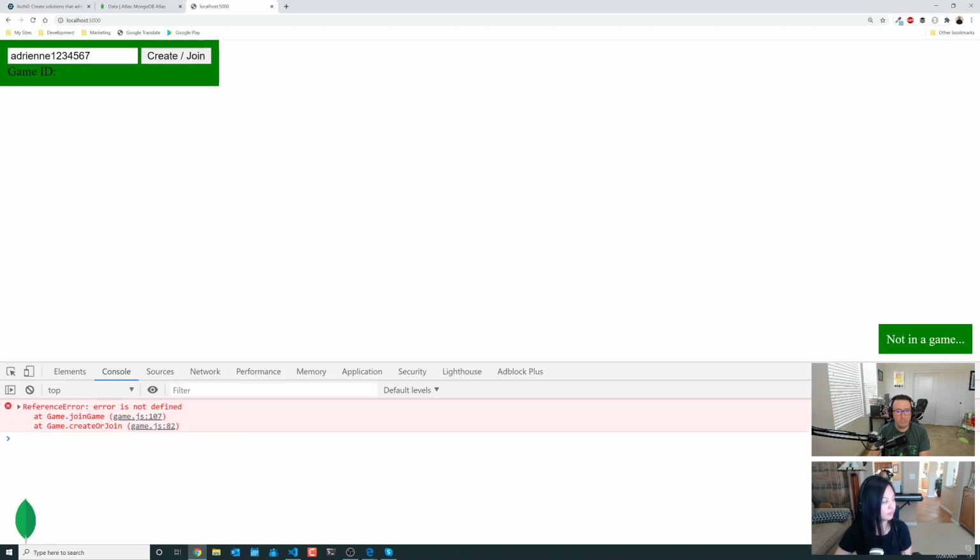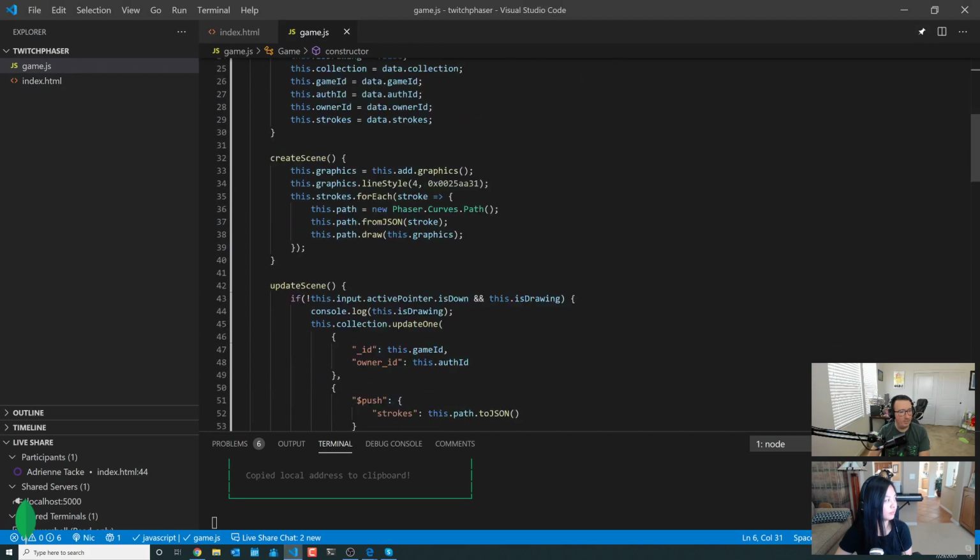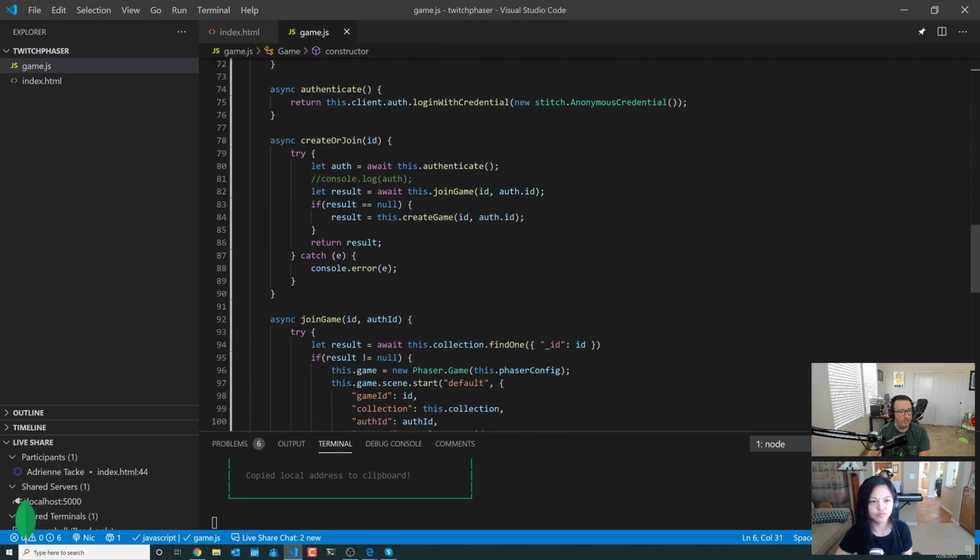Error is not defined. Game.js line 88. What? Cool. Let's see what that is. How does that make any sense? We must have an error somewhere else. And it's confused. What do you think?